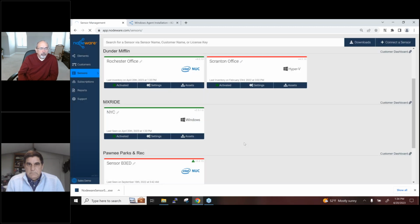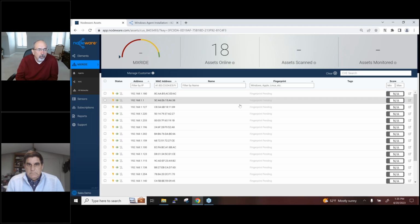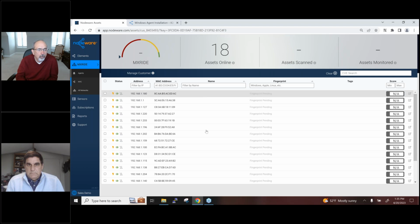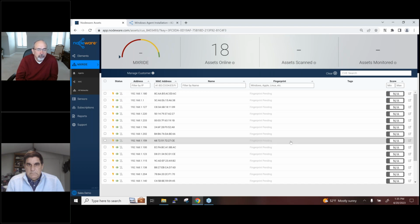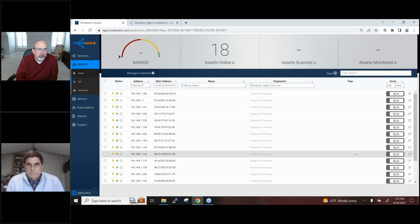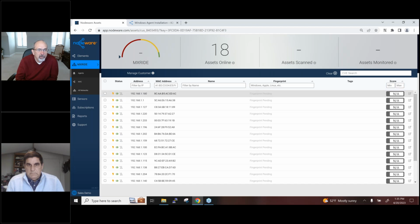I'm going to hit assets to go into the assets for this sensor. And there you go. You can already see it's collected 18 devices on my home network. The inventory has been completed. It will now go into fingerprint. It's going to pull back all my host names. It's going to pull back my operating systems. It will auto tag, add to the vulnerability engine, and it will be submitted to that scan engine to complete the vulnerability scan. Let's see if we have an